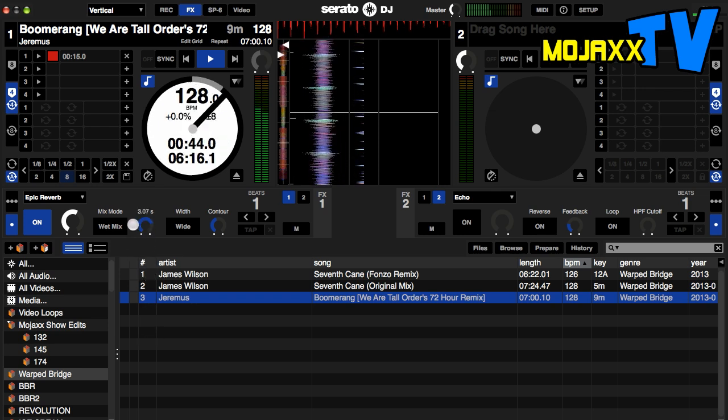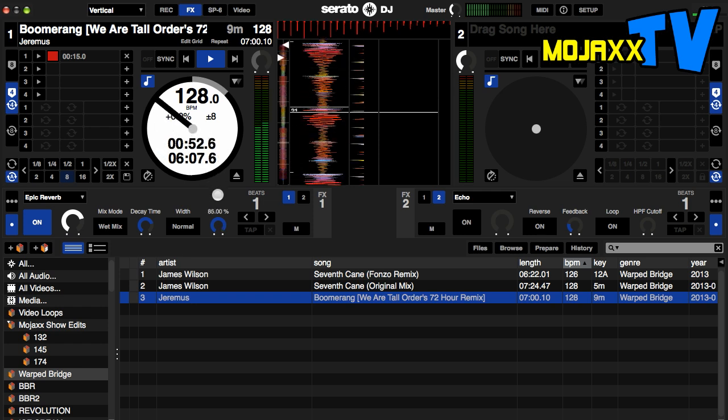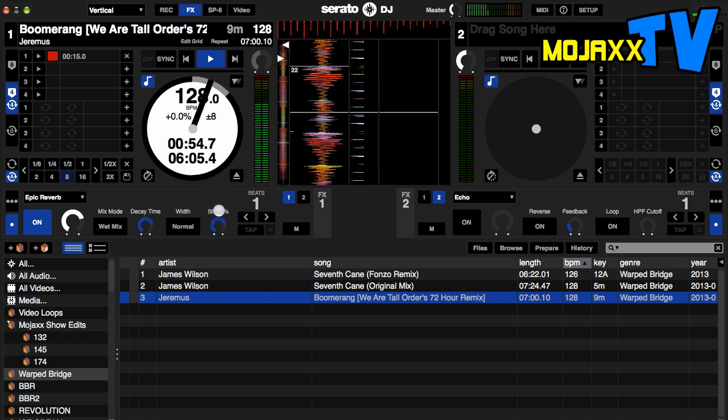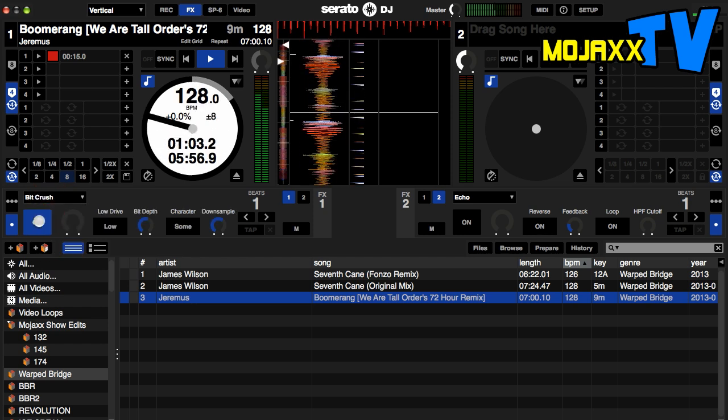Decay time, tighten that right up, and the width as well. And you can contour it, so it's kind of like a high pass filter on there as well. So that's Epic Reverb. Bit Crush,